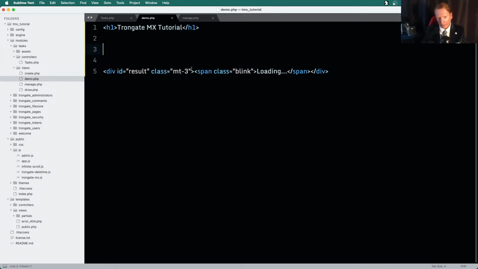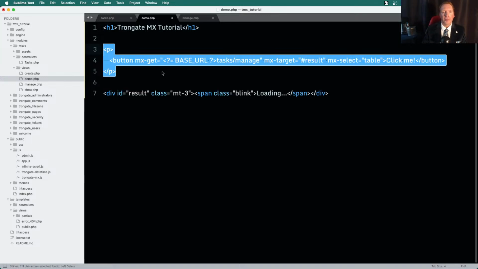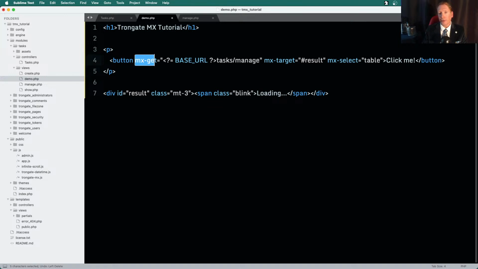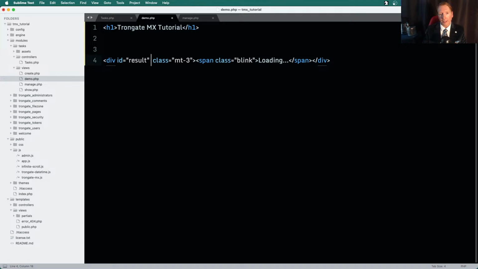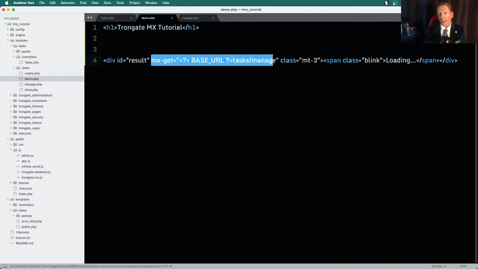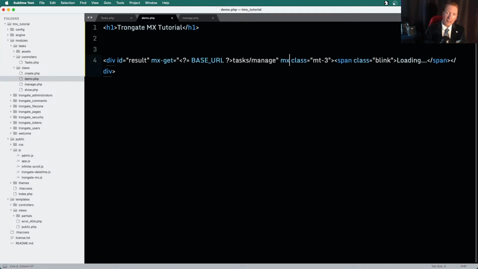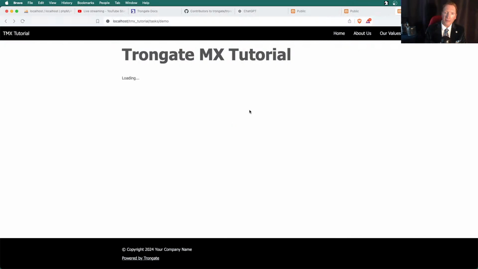Well, you can. All you have to do is take the attribute that you've used here, like this, and chuck it directly in the result div, like that. Now, don't forget, we are still going to say MX select as table. And if we save and refresh,